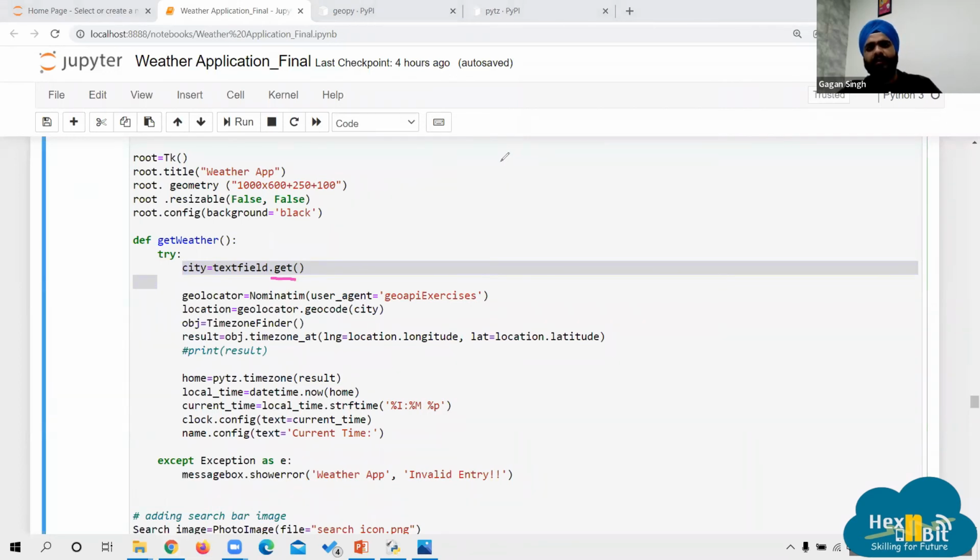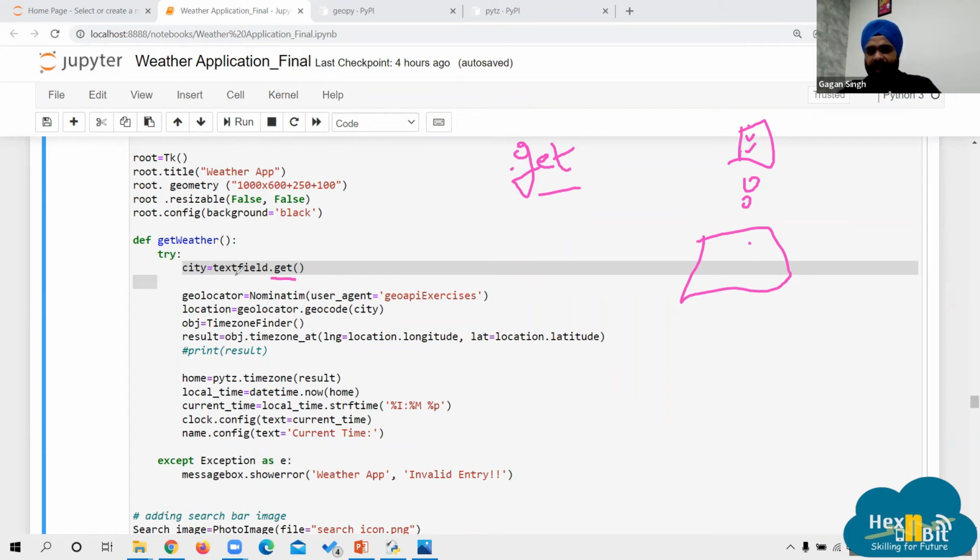Tkinter allows us to create some variable classes. There are inbuilt variable classes in Tkinter. I'm not getting into the detail of it at the moment. So using the get function, whatever input you want to take from a widget, either a checkbox, a radio button, or an entry field, you can get the values of the widgets, meaning what was the value fed in those widgets, with the help of this get function.